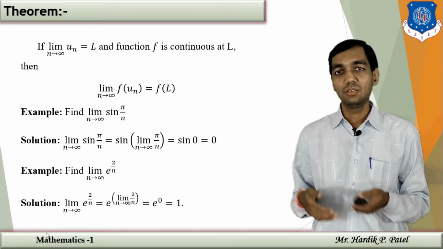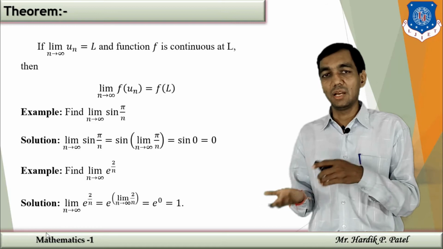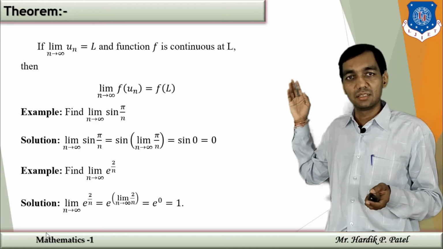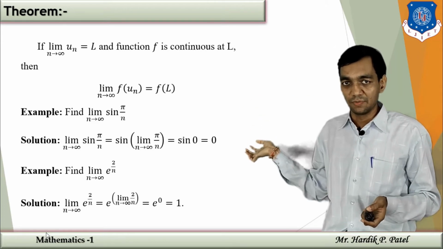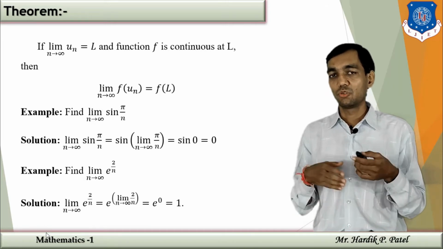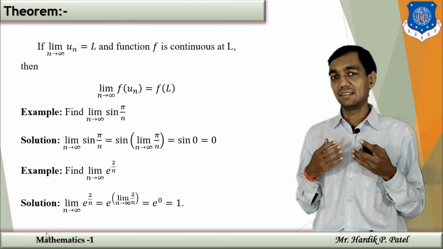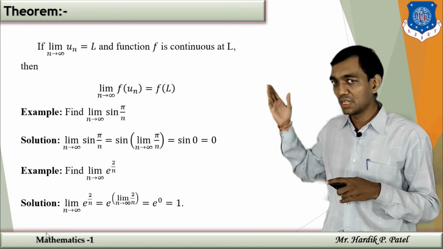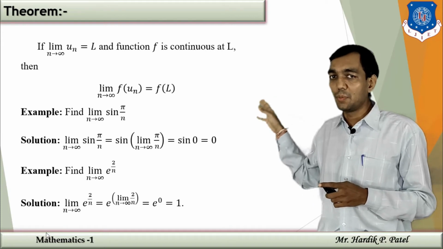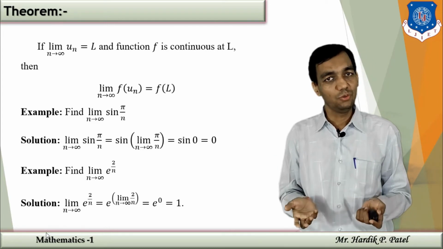The sine function, cosine function, log, exponential, in all of them you have applied the limit to be outside and inside the function. So the first example we are going to see is the limit as n tends to infinity of sine of pi by n. Here sine is a continuous function at every point, which we are already aware of. So if you apply the limit as n tends to infinity to sine of pi by n, then since sine is continuous, the limit will go inside and you will get sine of the limit as n tends to infinity of pi by n. Applying the limit, pi upon infinity has a value 0, so you will have sine 0, and sine 0 has a value 0.